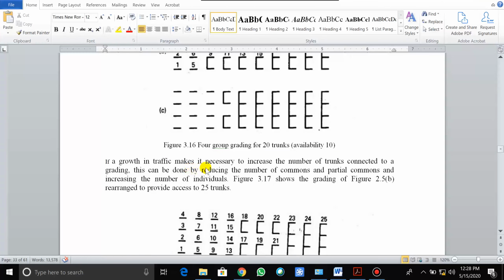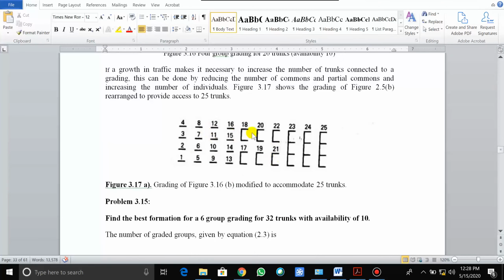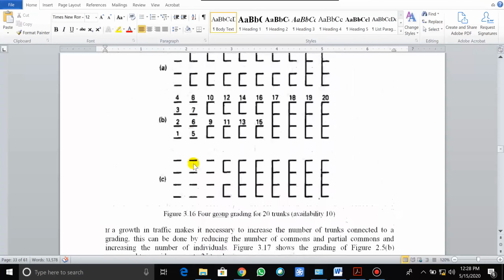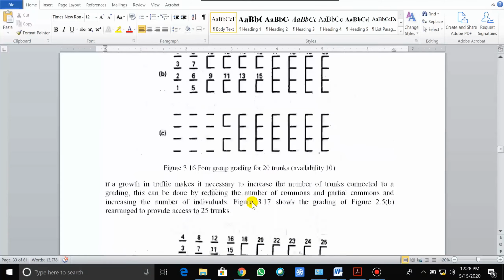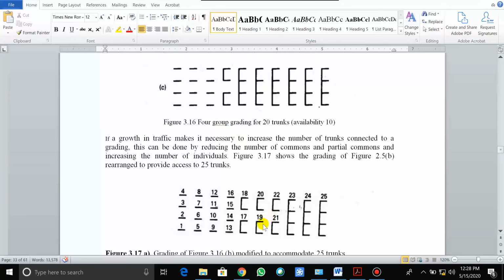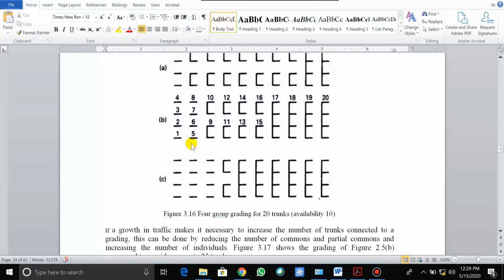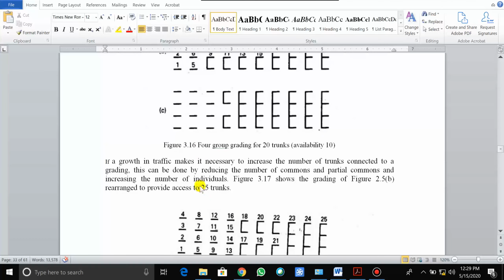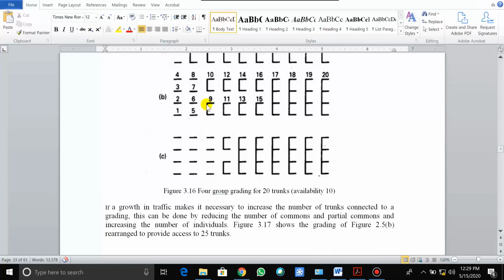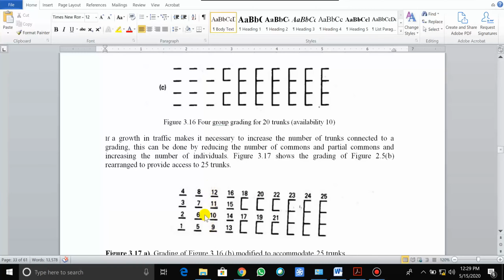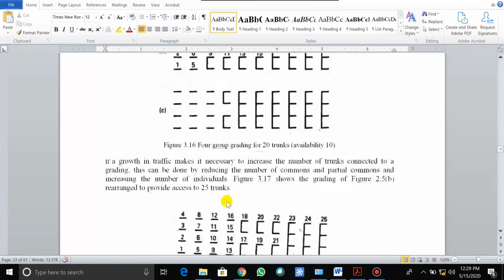If the growth of the traffic makes it necessary to increase the number of trunks connected to the grading, this can be done by reducing the number of commons and partial commons, and increasing the number of individuals, which is shown in the diagram below. So this is another diagram. Here small changes they have made, so you can notice. See here, for 9 and 10 they made it like this, but they are divided separately. This also they are divided separately, and later